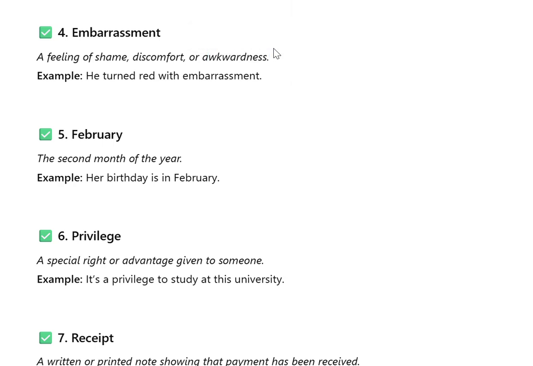You felt embarrassed, right? You can see in this example, he turned red with embarrassment, meaning with discomfort and with shame, and he became really very red. Embarrassment. Are there any situations where you felt embarrassed? Comment below. And the next one is